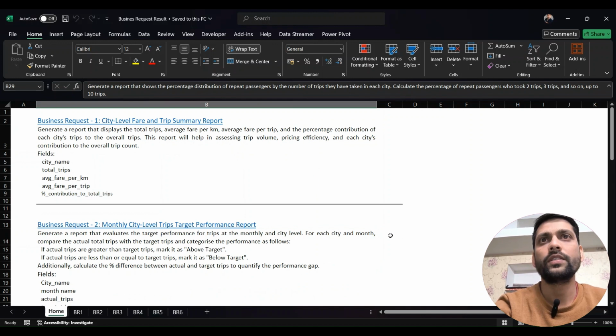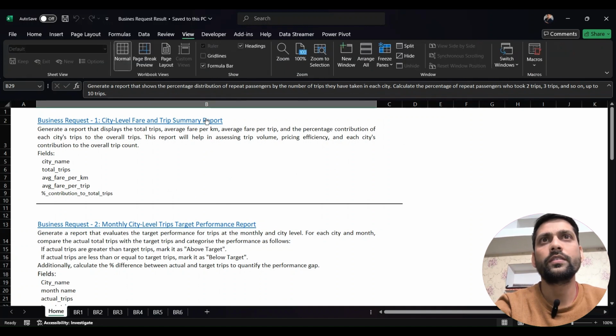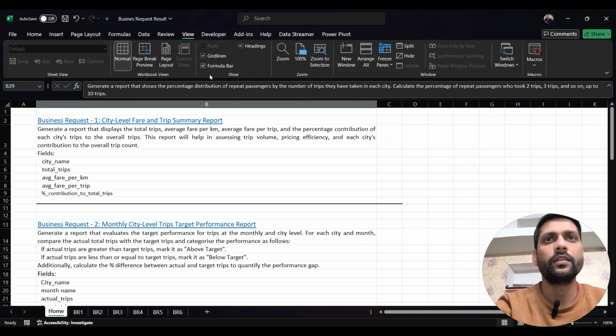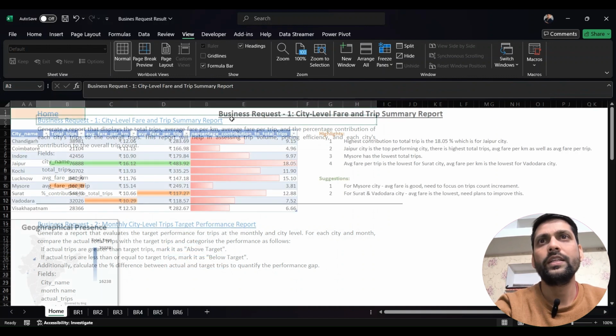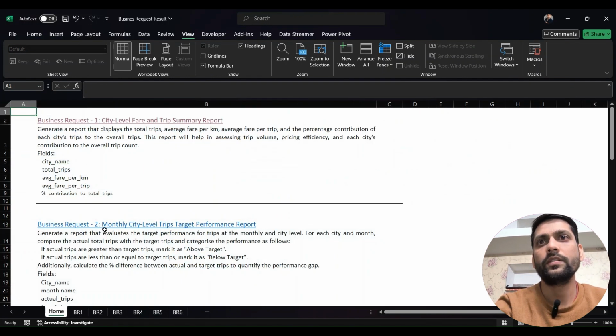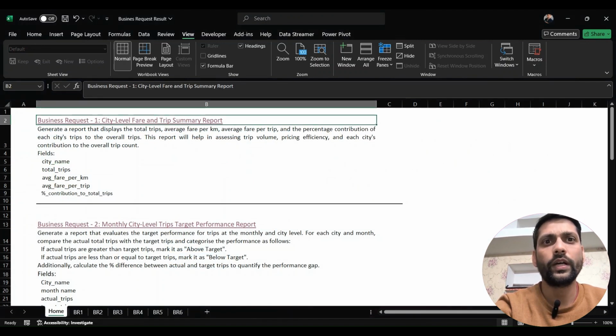For that, I have just copy pasted all the requests here, and just to make it look good, I untick this grid line. So the page will be blank and it will look good. I have also linked these pages to the respective pages. For that, you just need to click on your cell, go to edit hyperlink, choose place in this document, go to your respective sheet and click